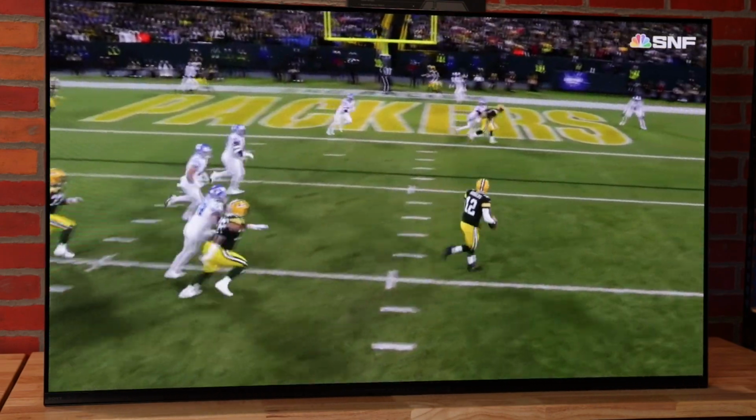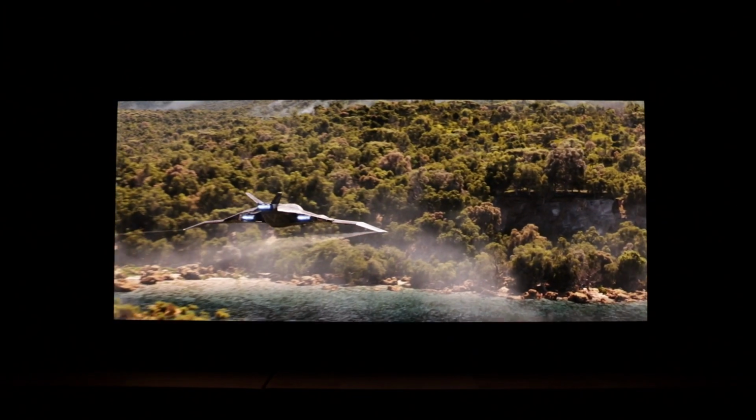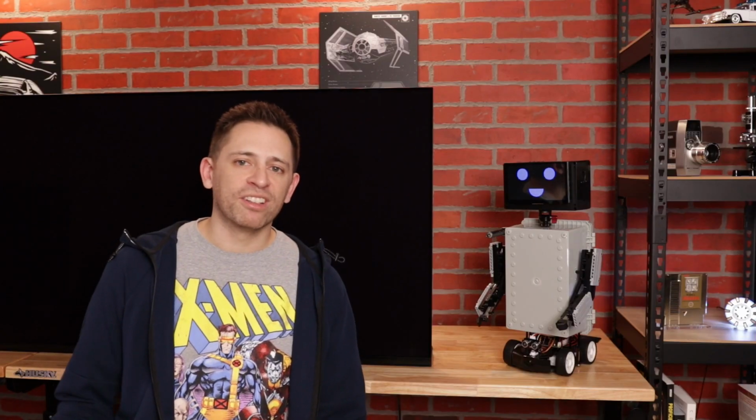The A95K handles motion for fast-moving objects very well. Bad motion handling is one of my biggest frustrations when watching TV, and action movies and sports can be viewed on the A95K with little to no artifacts observed. I'll discuss more about this TV's picture in a moment, but first let's check out the layout and design of